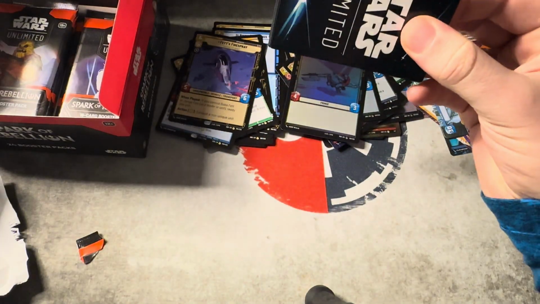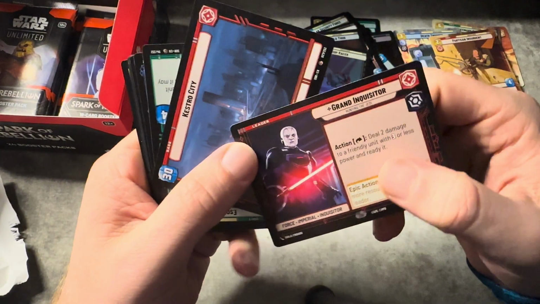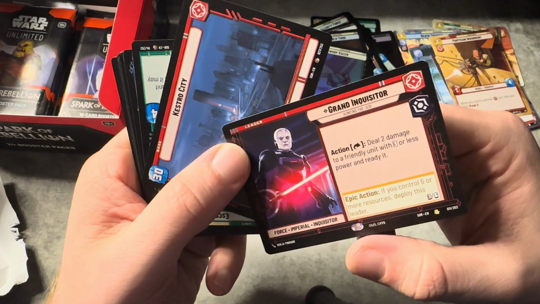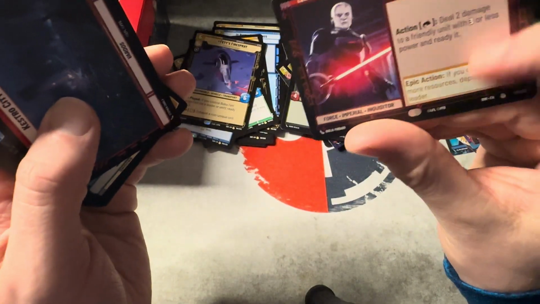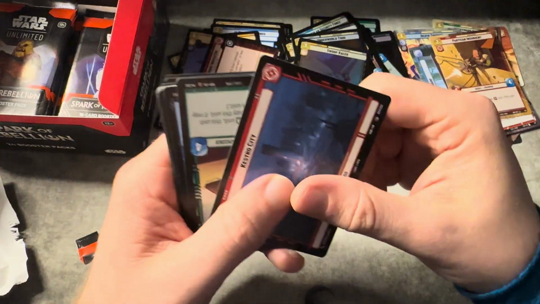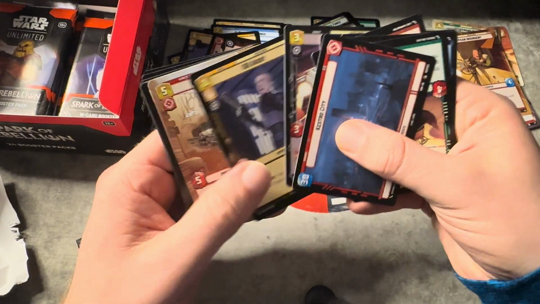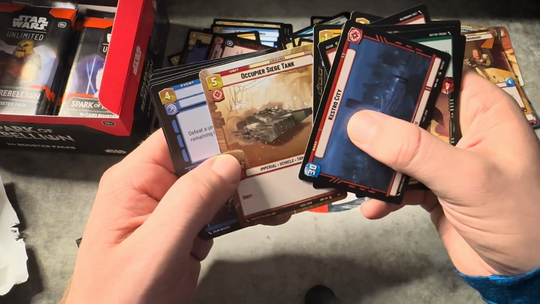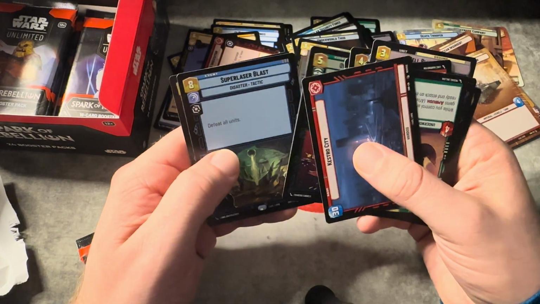I think so far this box has been a little lackluster. We have a Grand Inquisitor. Is this a borderless? It's hard sometimes, but I don't think this is borderless, but we got a Grand Inquisitor who is a rare leader. Then we got Castro Undercity, Upside Down Goodies, Cell Block, an Occupier, Siege Tank, Borderless. I just say Borderless because I'm too...